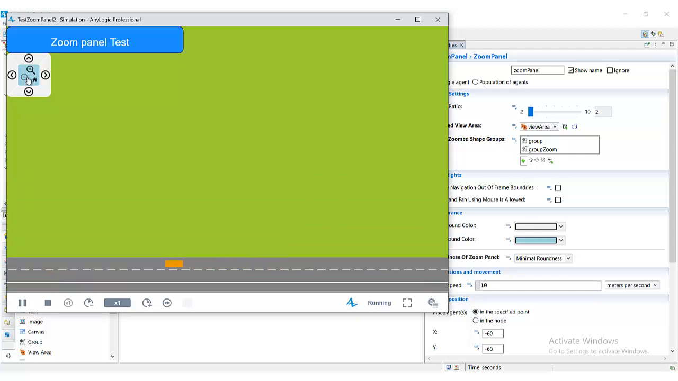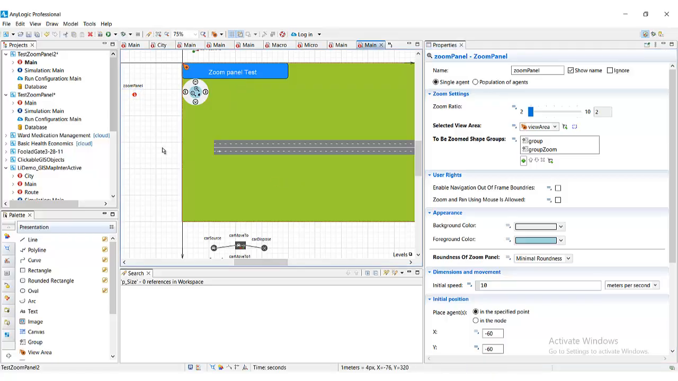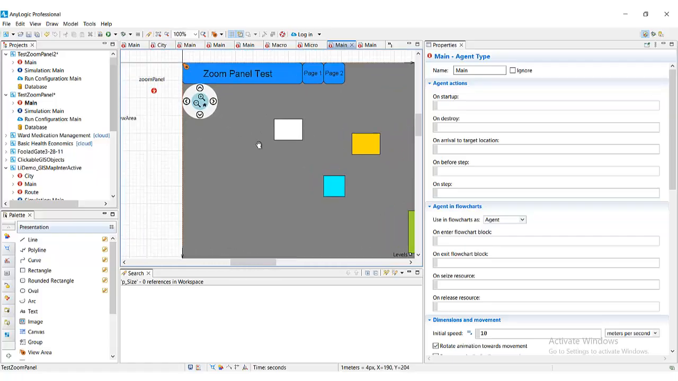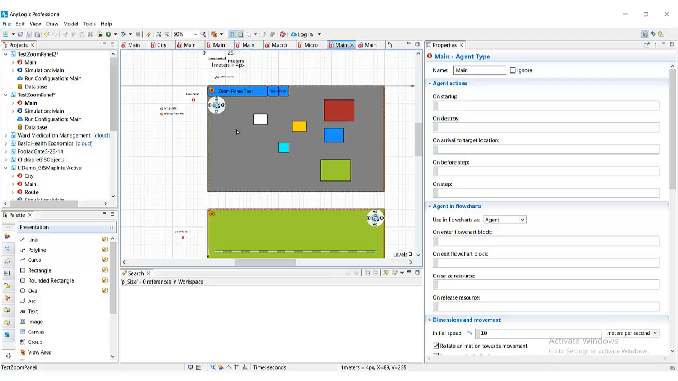Now we are going to cover a little more complicated example in which we have two two-dimensional view areas, and in both of them we need a zoom panel. Currently in this version of the zoom panel, we decided to consider that if the user needs different zoom panels in each view area,